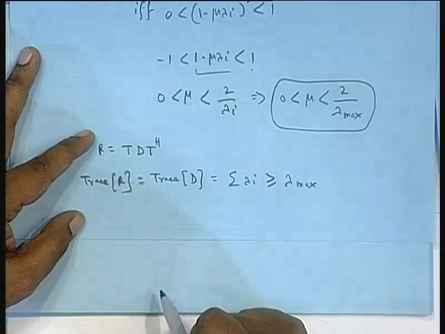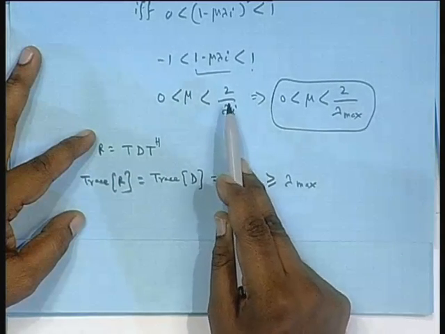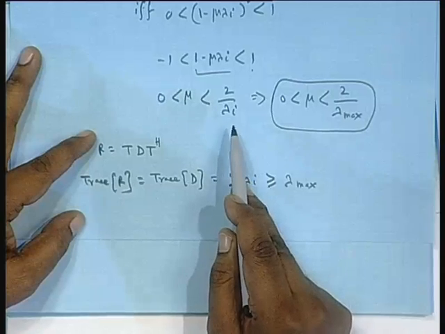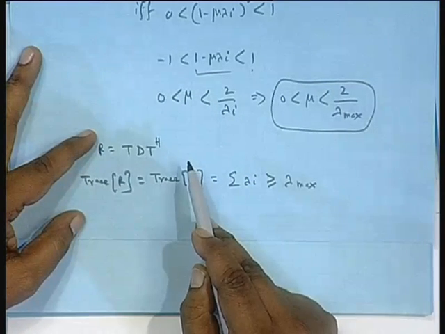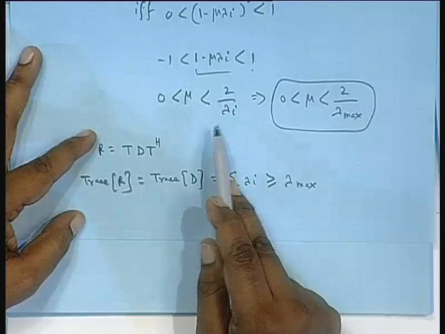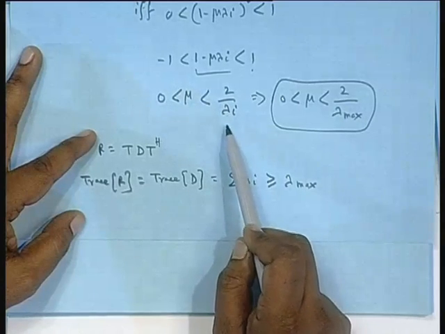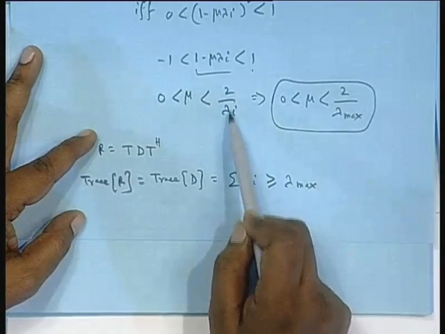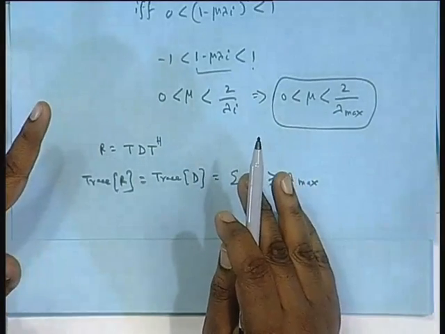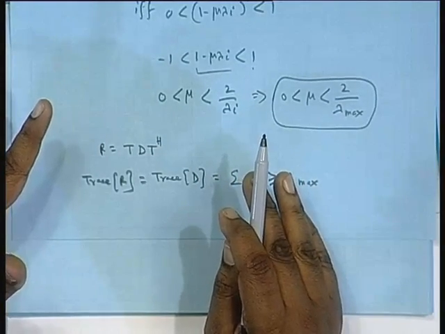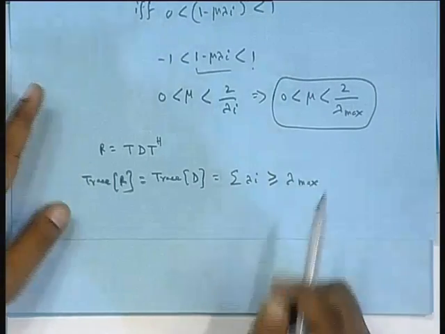How? Whichever of lambda 0, lambda 1, lambda 2 is the maximum, I have to take that, because mu has to be less than 2 by that also. So, use lambda max only. Whichever is the maximum one, I have to satisfy that too. That means it is better you stick to that only. That is very simple logic.